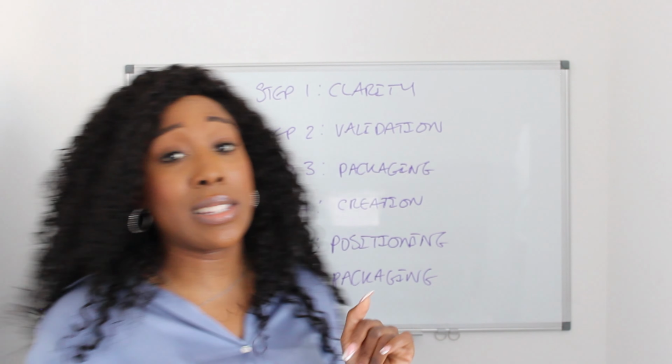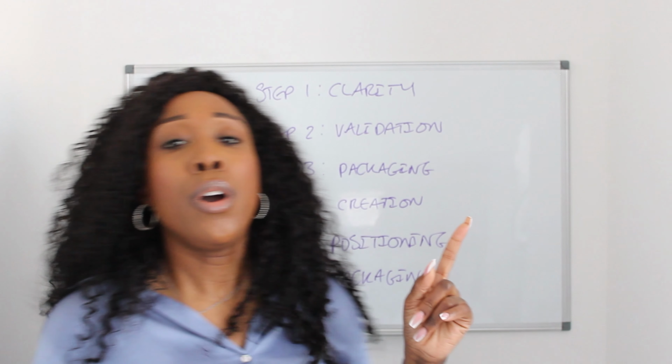Okay, now, final thing that I'm going to say to you. I love to give you practical things, which I have been doing throughout this video, but this is what I challenge you to do. Number one, go ahead and write your one sentence idea using the formula I gave you in step one, the clarity. If you need to refresh, just go back and rewind and watch it. Step two, spend about 20 minutes validating your idea. Go on Amazon, do a search. Go into a Facebook group, go and search. Go onto TikTok and do a search. Go onto YouTube and do a search.